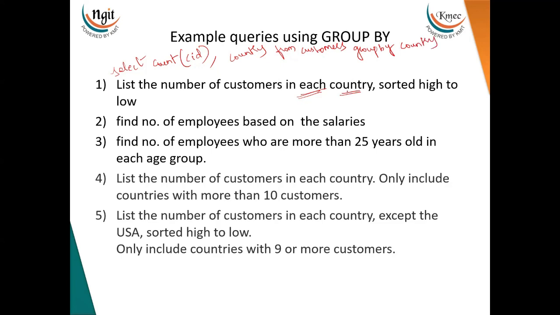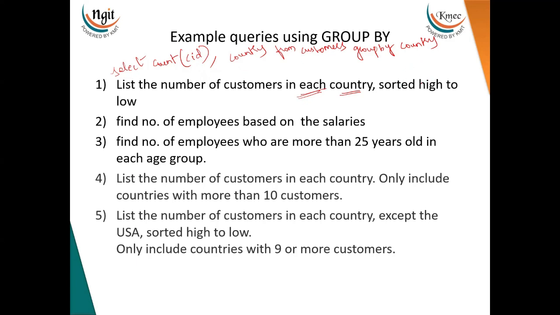So then what happens? From India, how many number of customers are there? That country name is displayed and the number of customers will be displayed. Similarly, from USA, how many number of customers are there? So country name, that is USA, is displayed and then the number of customers will be displayed. So for that, we are using these two column names, count of customer ID, comma, country, group by country, sorted